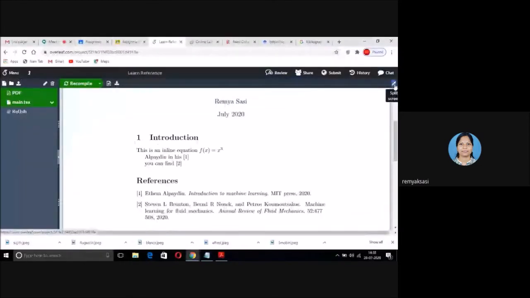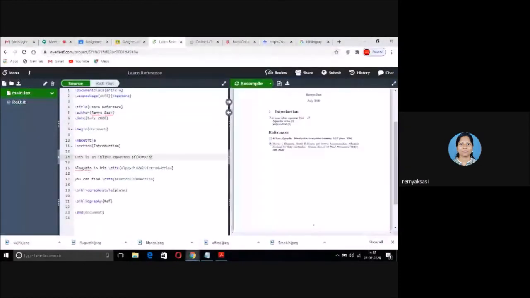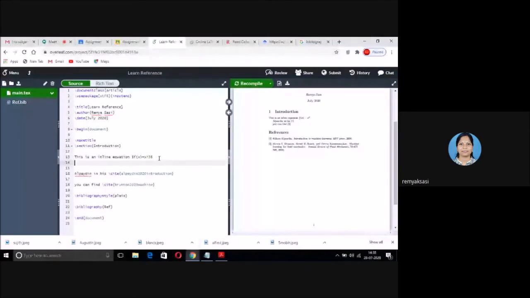Before going to complex equations, we have to consider one more environment for writing equations. See, begin. Normally we use the begin environment for many purposes: begin document, end document. As soon as you type begin, a number of options appear. Equation.